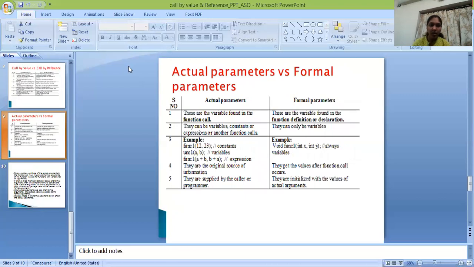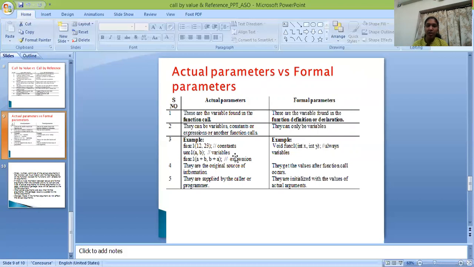Next, actual parameters versus formal parameters. In actual parameters, the variables are found in the function call. But in formal parameters, the variables are found in the function definition or declaration. Actual parameters can be variables, constants, expressions or other function calls. Formal parameters can only be variables.